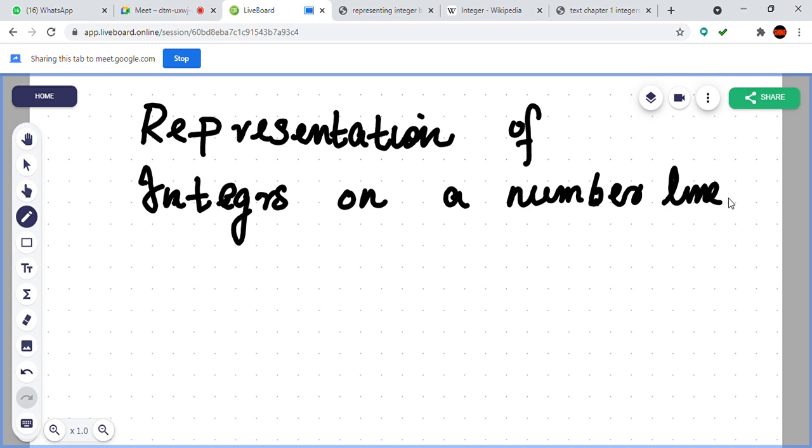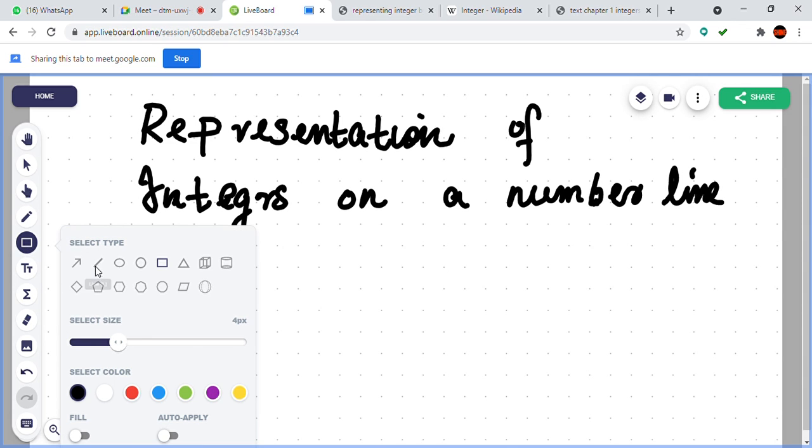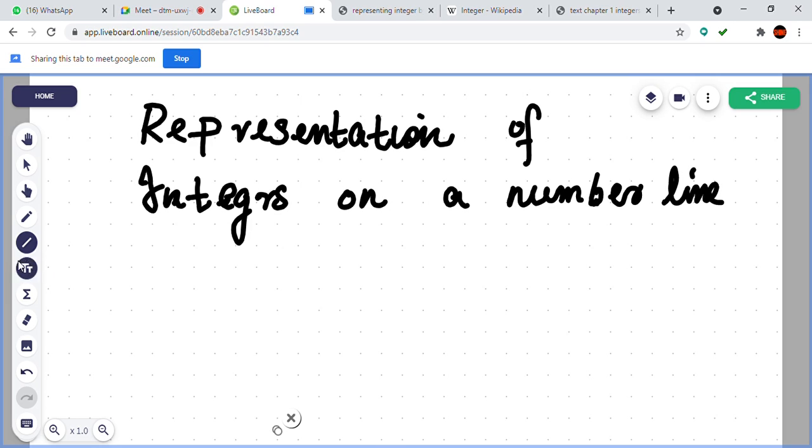Representation of integers on a number line. That's the next heading. Okay, before starting, before drawing, you just listen. Now, only listen. Okay, then normally